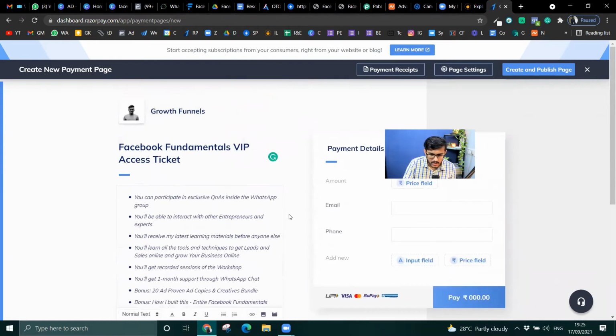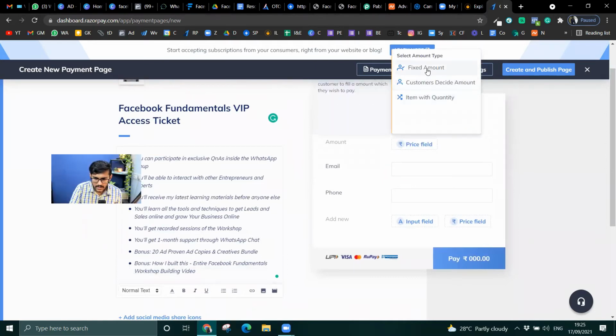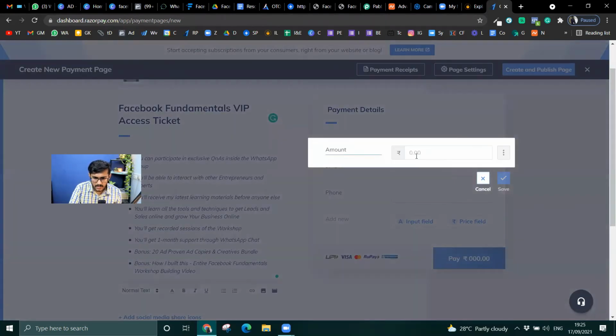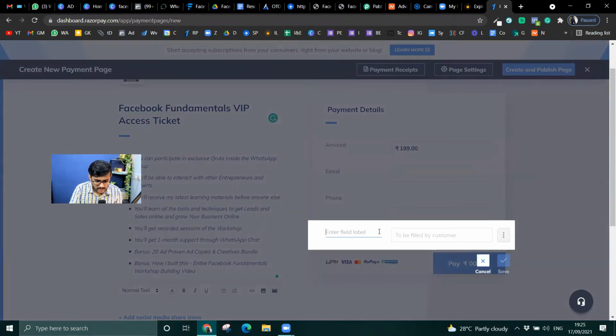Simple, straightforward. What is the amount? Price field, fixed amount, 199. Save. Email, phone number, input field, single line text, name.